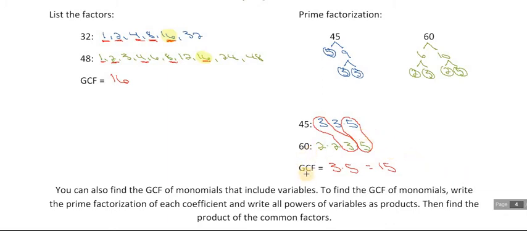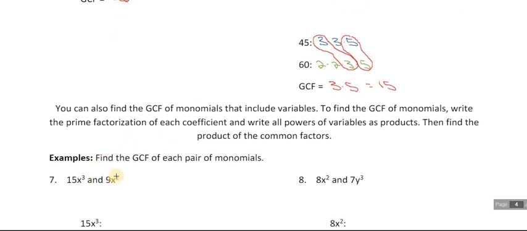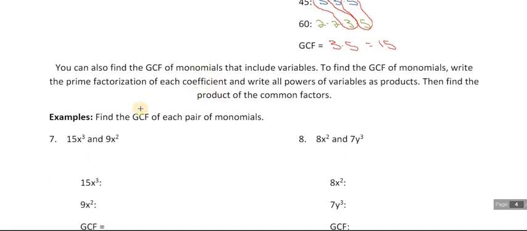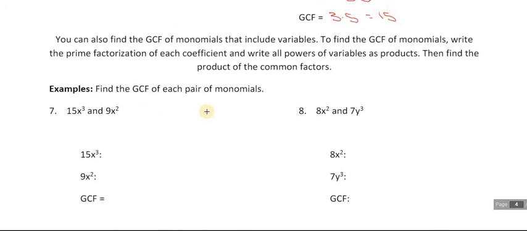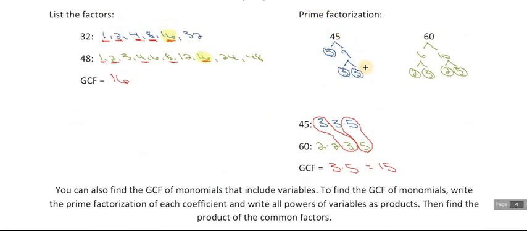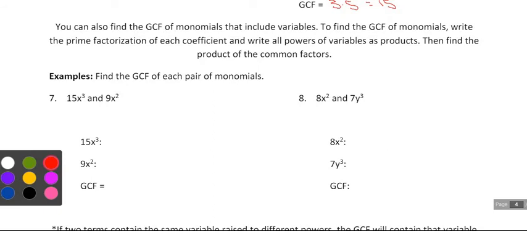Now, if we include variables, we're going to do the same exact thing. And you can either list everything out, or you can say, okay, in terms of the common variable, it's going to be the lower of the powers that they both share. Okay, so in number 7, I'm going to continue with my prime factorization method to make sure we don't miss anything. So if I fully list out the prime factorization of 15x to the third,